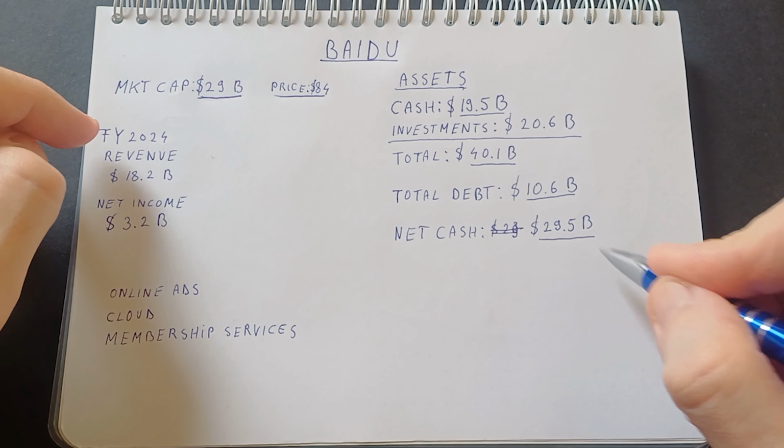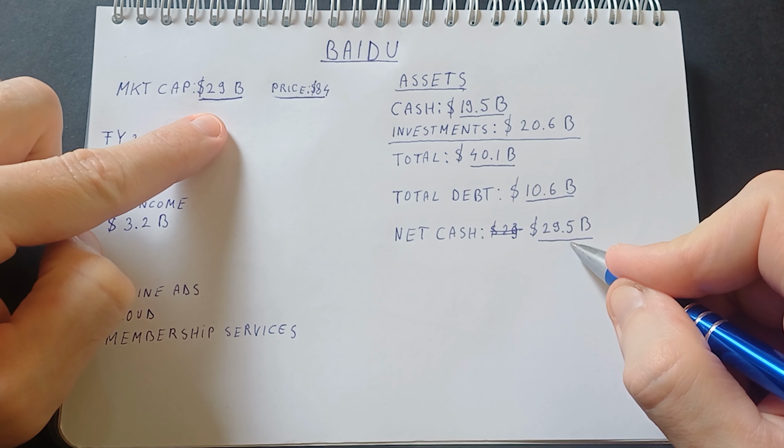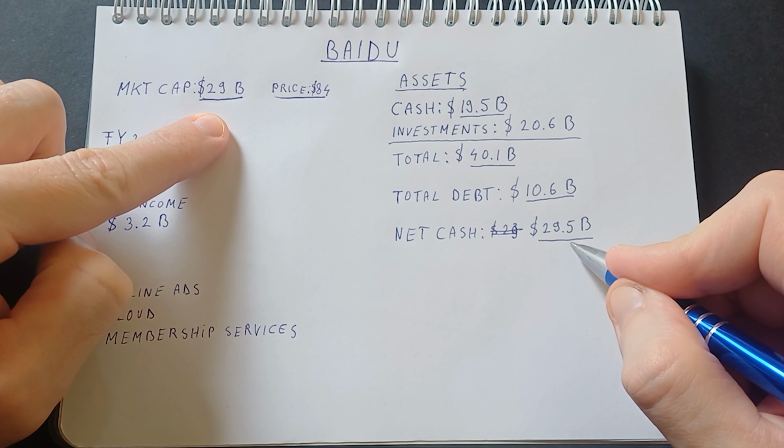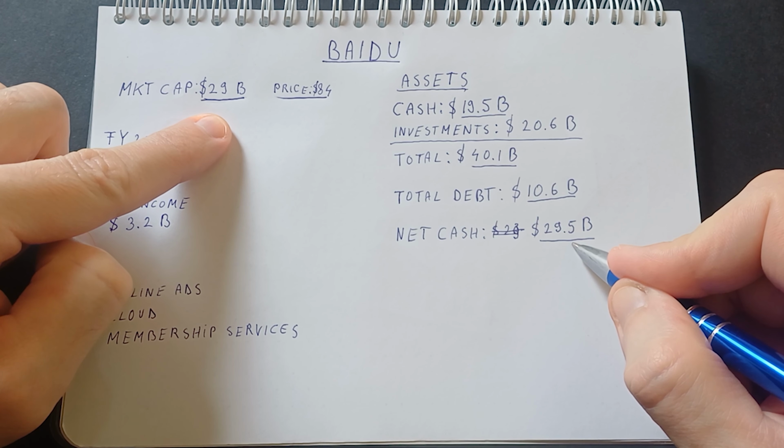Again, compare this number here with the current market cap here, 29 billion. And you can see that the stock price or the market cap is traded around the net cash position. And this is quite an interesting thing, quite a bargain. Because you don't take into account